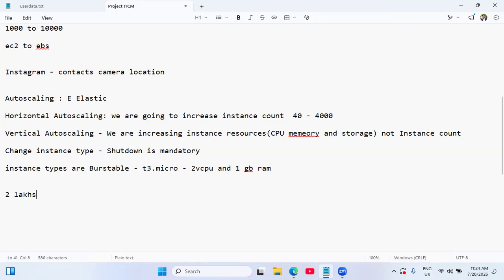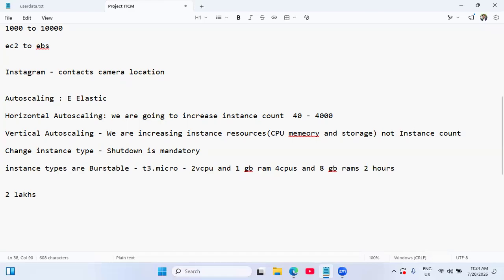In the same way, if you choose a burstable kind of instance type, they give credits and we use them. Assume I used 4 virtual CPUs and 8 GB RAM for 2 hours; I need to pay only for those 2 hours. If I change the instance type, whether I use it or not, 24/7, I need to pay the money. But if I use burstable,